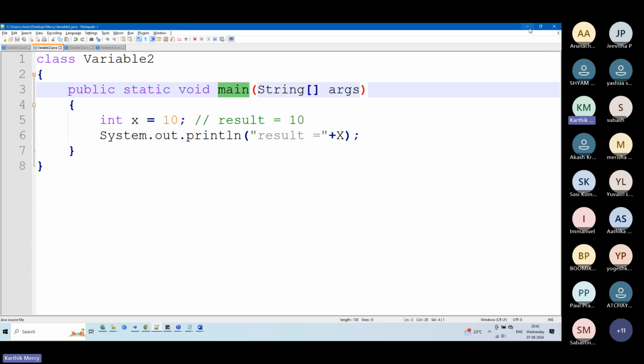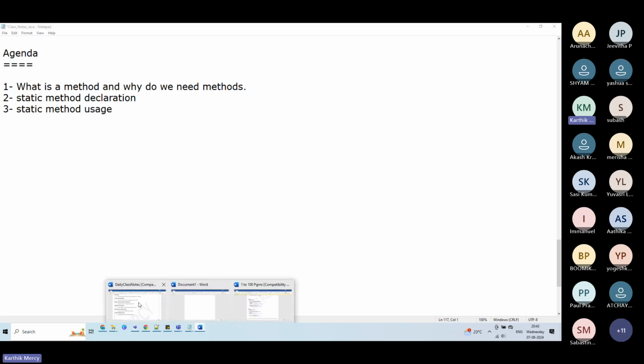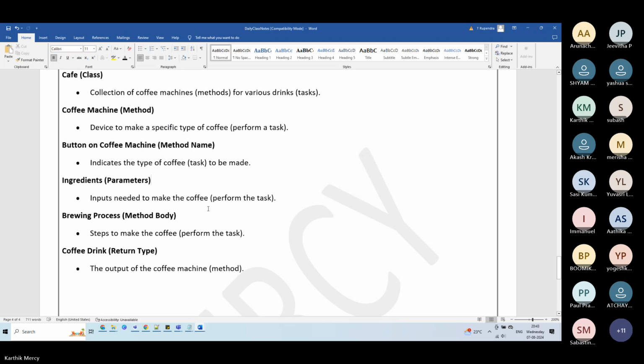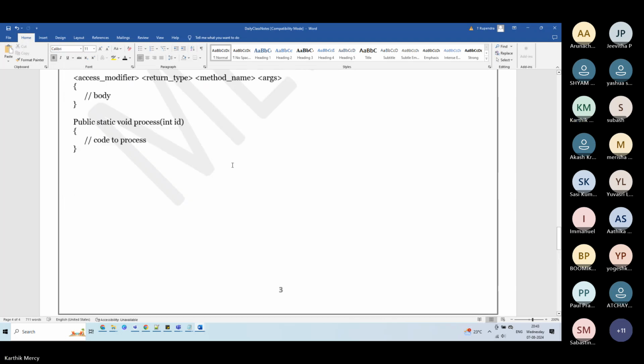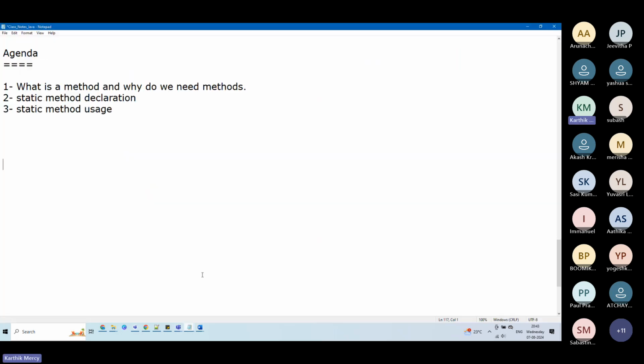Let me quickly go and take the syntax for this. So what is the syntax? Let me show it to you. My syntax is this one. Or let me write it down so that it would be easier. First, we'll have an access modifier,